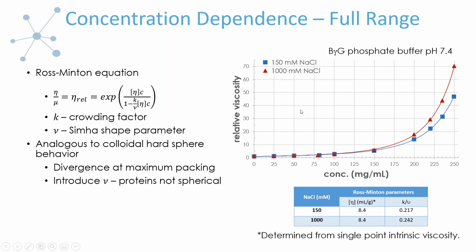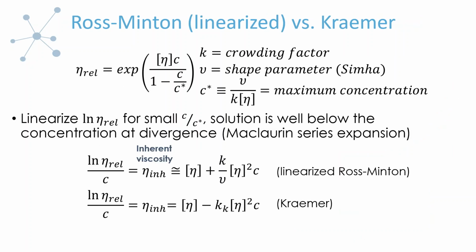And so this is telling me that adding this additional salt is likely introducing some salting out of the protein, introducing some additional aggregation, and is guiding me to believe that I have changed the interactions and not just the background viscosity. Okay, so sorry for the tangent there. I wanted to point out that it's always very valuable when you're doing that type of comparison to look at relative viscosity as a function of concentration instead of just the unscaled value, even if you're not going to do any sort of model fit or later analysis. Okay, so the final scaled value that we want to come up with.